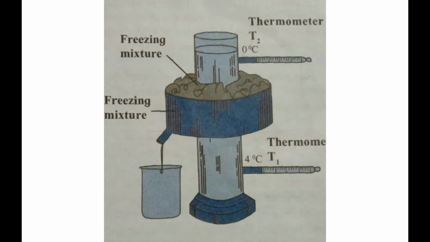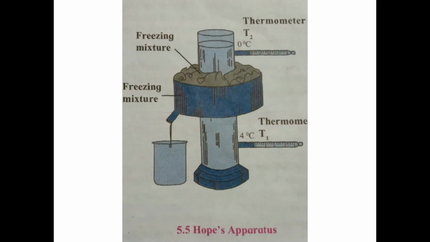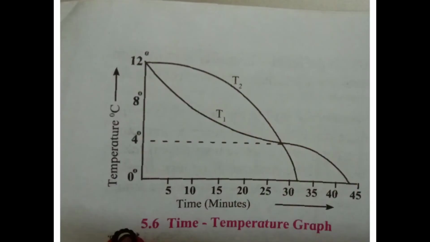So what you will observe, you will observe that there is a fall in the temperature, right? At T1 there is a rapid drop, you can observe here, see this T1 temperature from 12 degrees starts cooling and the temperature goes on decreasing, 8, see the temperature 8, here is the temperature 4, it falls till 4 degrees rapidly, whereas the temperature in T2 also falls, but it falls slowly, so that is indicated by this graph, slowly followed.